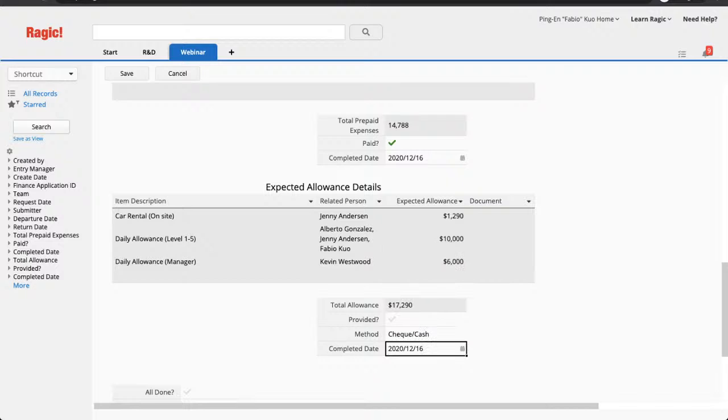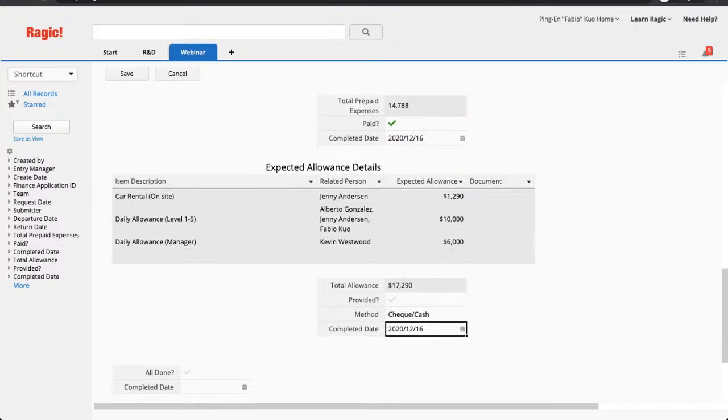So, as you can see, I have an all done field right here. This is also like a checkbox field. I've set a formula to say that if these two fields are ticked, then this is automatically ticked as well. I've set a conditional formula to do so. And if you have any questions about how to set the formulas, I'll go into the design mode to show you which formula